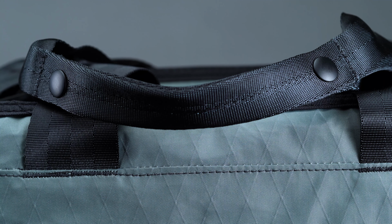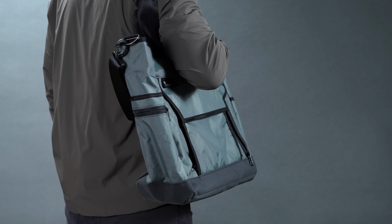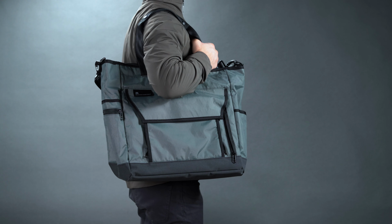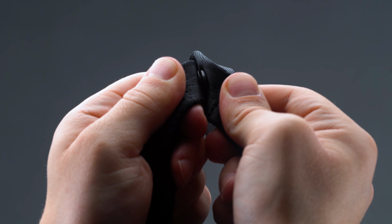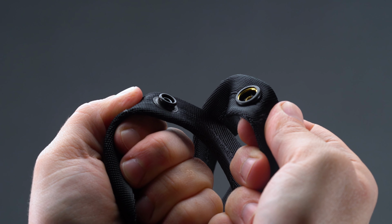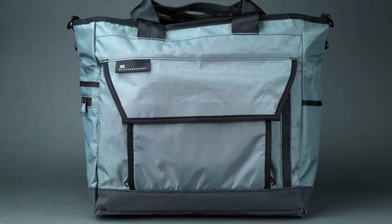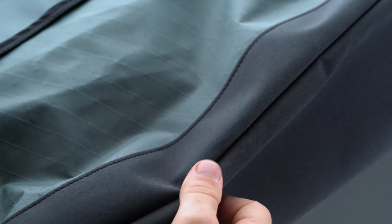from Rains. Mission Workshop offers 2 carry styles for the tote bag via the integrated grab handles or a removable and adjustable padded shoulder strap via a set of D-rings. As a standout feature, the medium-length nylon grab handles sport integrated buckles, unlike our other picks which gloss over a tethering feature entirely or sport a separate linkage loop, which could certainly separate from the bag and get lost over time. When fully packed, the padded rectangular base sits upright and independent for effortless access to the tote's external and